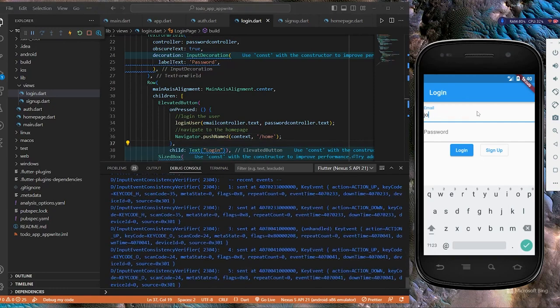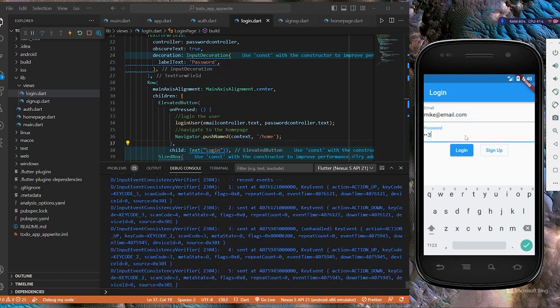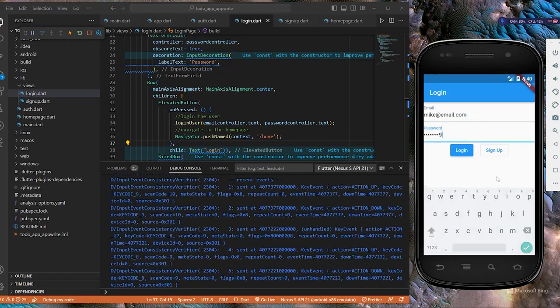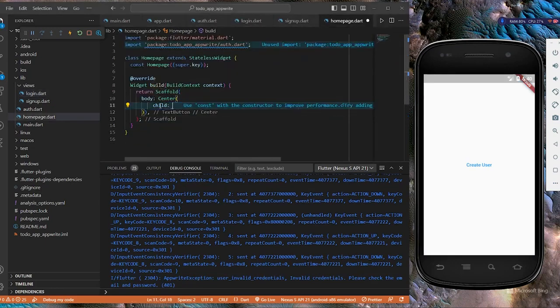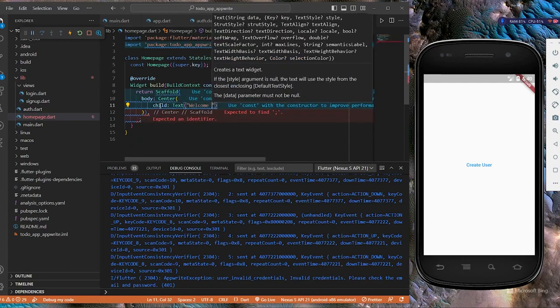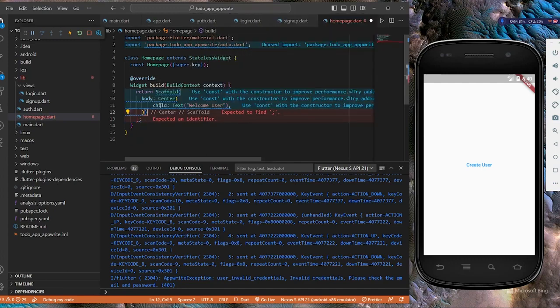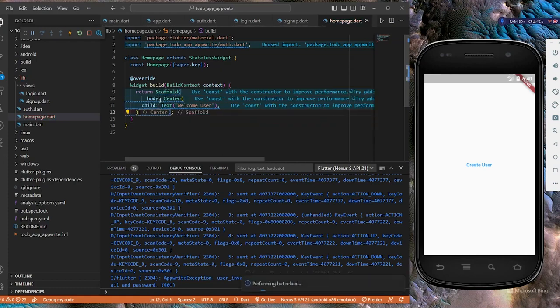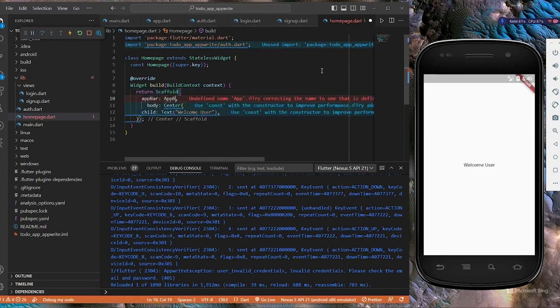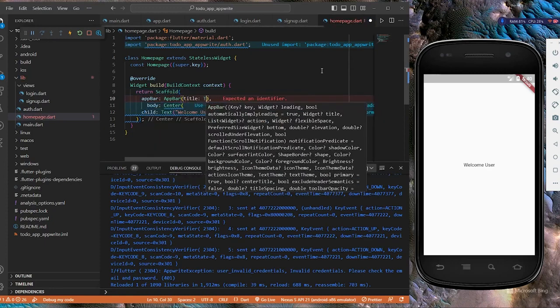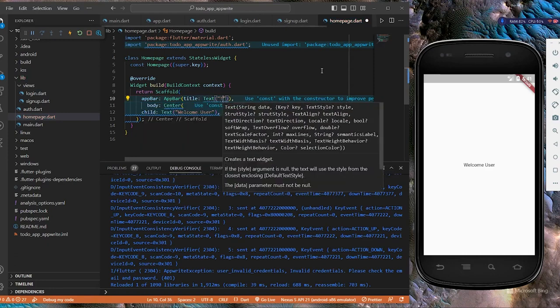Now let's log in with any of the users that we have created. Let us update the UI for the home page. Instead of the text button, let us create a text and write welcome user. Let's now also add an app bar and give the title of the app bar as To Do App